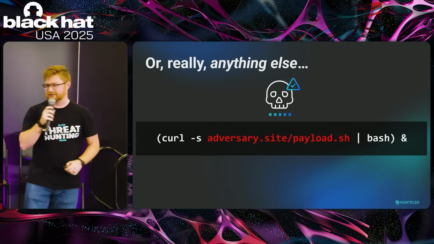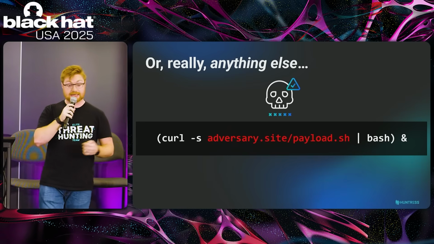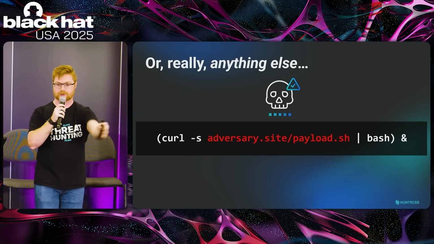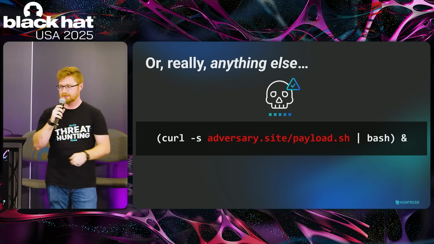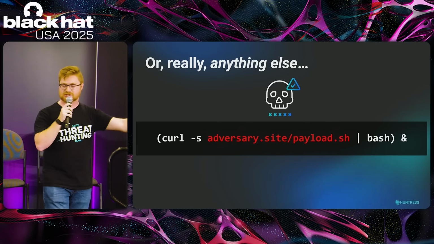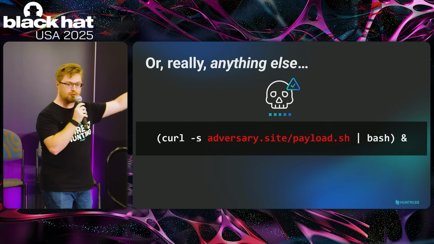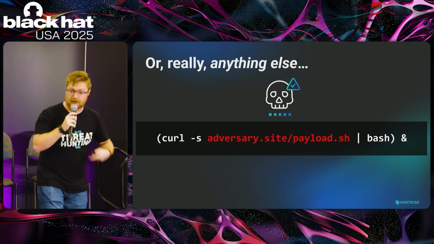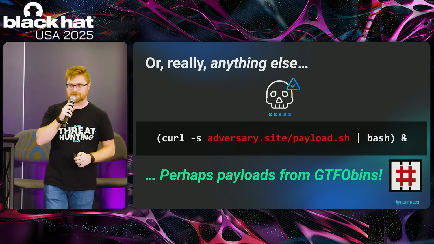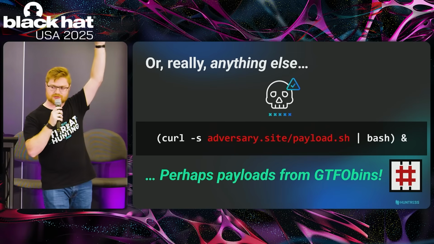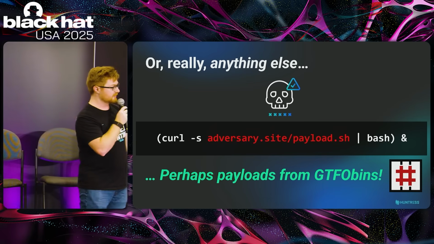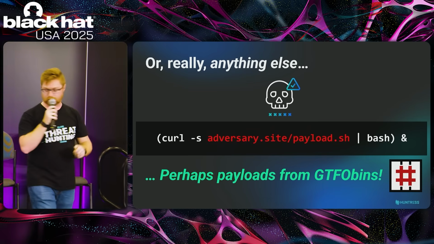I won't belittle that too much, but I think it's more fun to do anything else you want. Curl, of course, being an opportunity to pull down a payload from a remote resource, like a website, HTTP, HTML, whatever. Consider an adversary website, their external C2 domain, and you pipe that to bash, or you pipe it to your shell. Ampersand here to put that in the background, and now, okay, you're off and running. You got code. But, again, maybe you do something a little bit more flashy or fancy from GTFOBins. Are folks familiar with that resource? There's a fun acronym, of course, GTFO, get the F out. Like the LOLBins, living off the land binaries in the Windows world, a Linux equivalent.